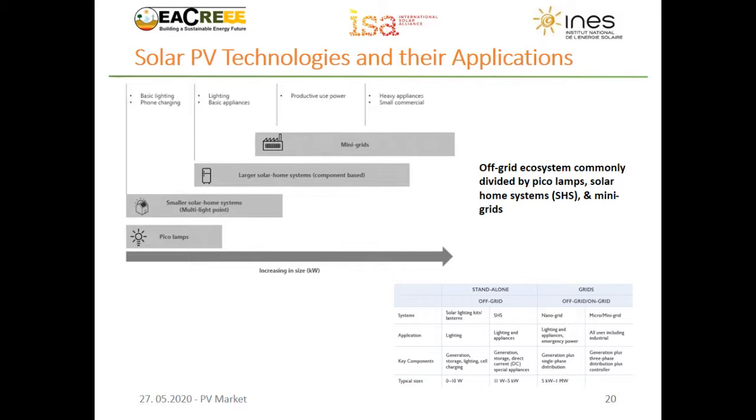Then we have larger solar home systems, mostly used by those who also want to be slightly independent sometimes from the grid. We have seen these systems in our market, and they are growing, especially in off-grid areas. Then we have mini-grid systems, quite important, especially in off-grid areas, providing a very important energy resource for productive energy uses. Some of them, of course, are larger ones. Some of them are utility scale, and they feed their power to the grid.